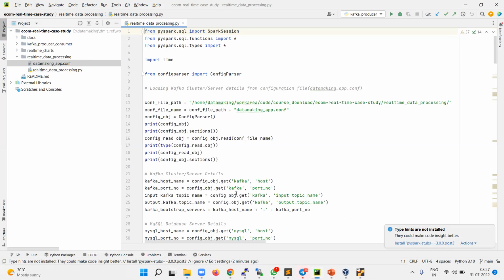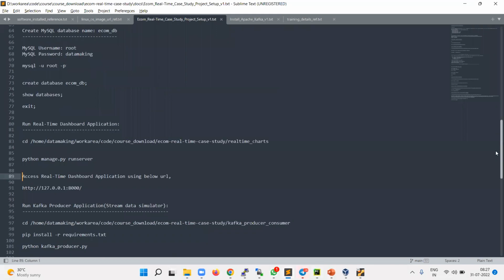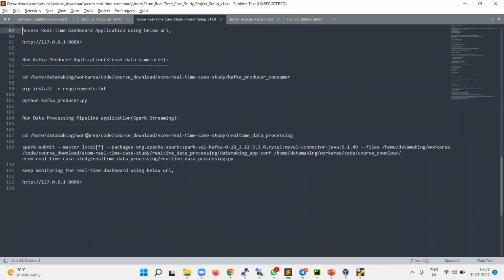Okay, so once you write the program, you are going to submit this Spark program. You are going to run the Spark program using the utility called Spark Submit, right? In the Spark Submit command, you will give the program which you want to execute. Additionally, you need to provide